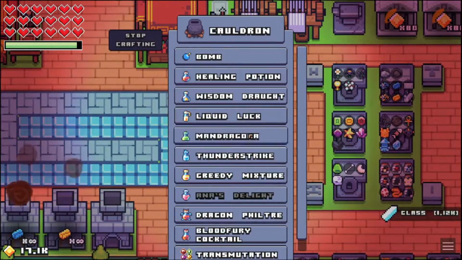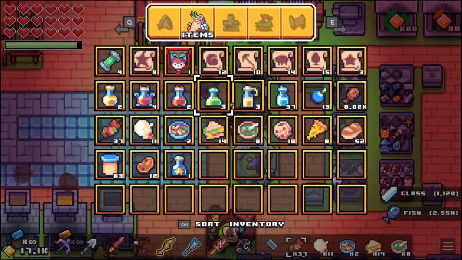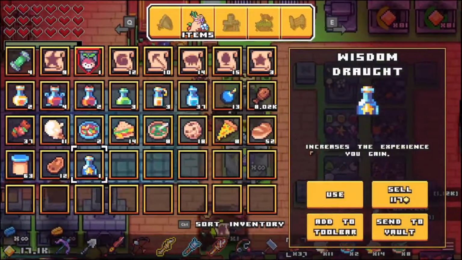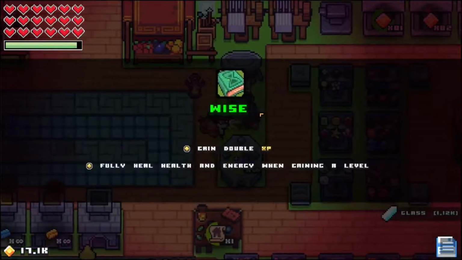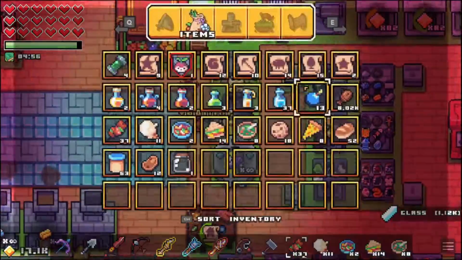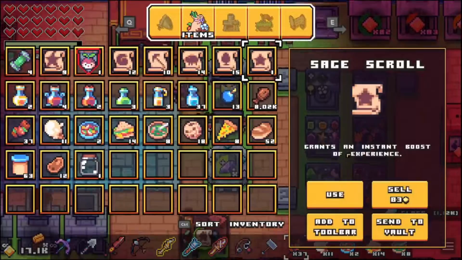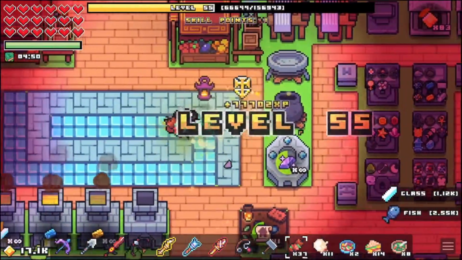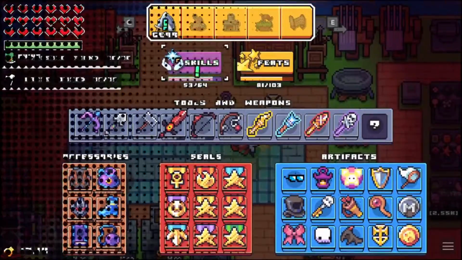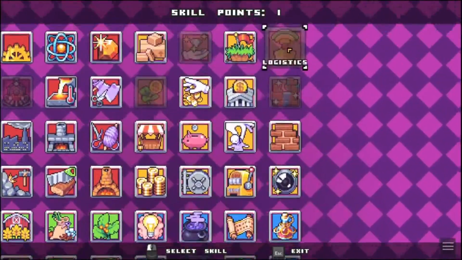Okay, so we have the wisdom draught, and then what we're going to do is we're going to go ahead and use it, which gives us double XP, and we have 3 stage trolls that we're going to just go ahead and use. And that is going to give us a ton of experience. Wow. Okay, and then we get another skill point. So what are we going to get? This time, I think let's do...